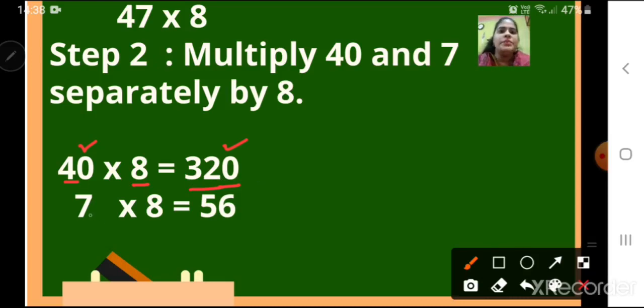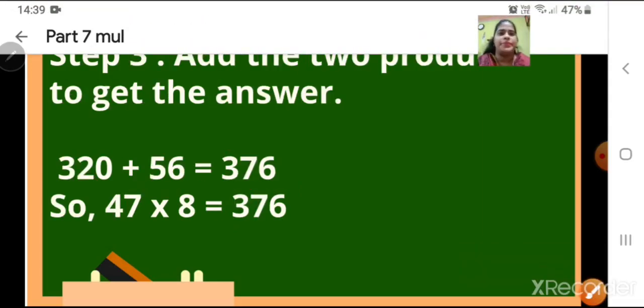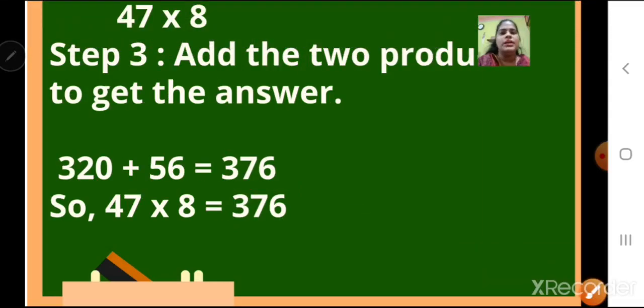Okay. Then number 7. 7 8s is 56. Correct. So we have multiplied the number separately with number 8. The last step is we have to add the products. The numbers 320 and 56 we have to add. So this is step 3. Add the two products to get the answer. 320 plus 56 is